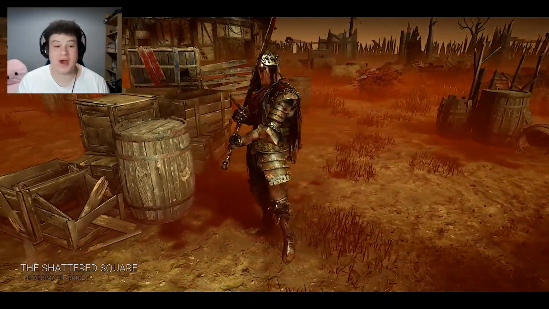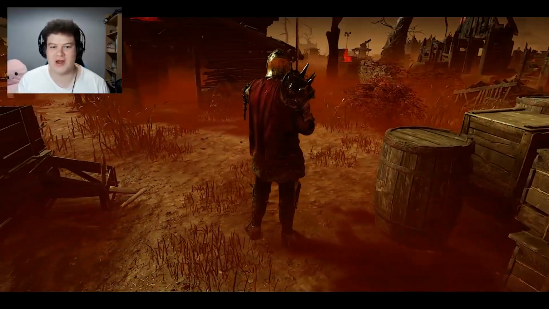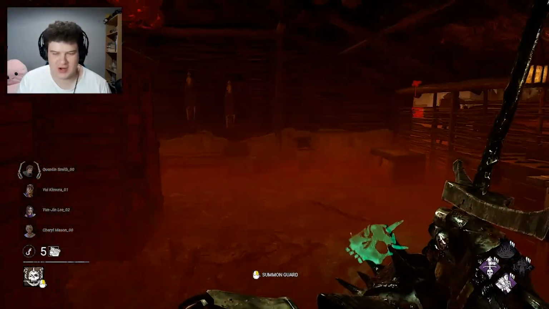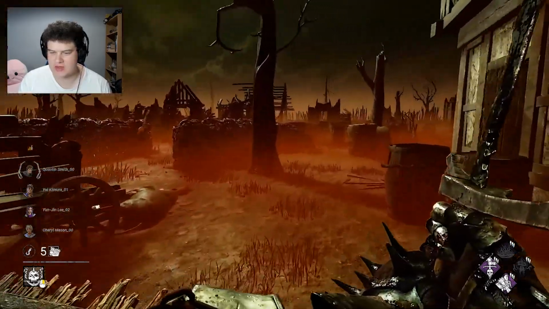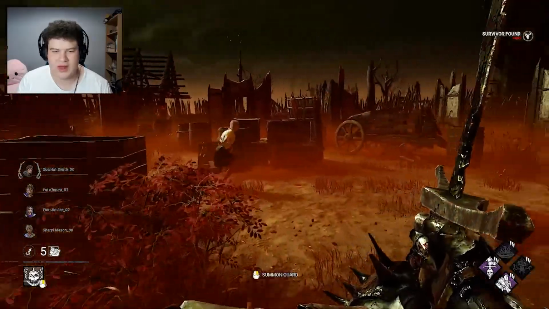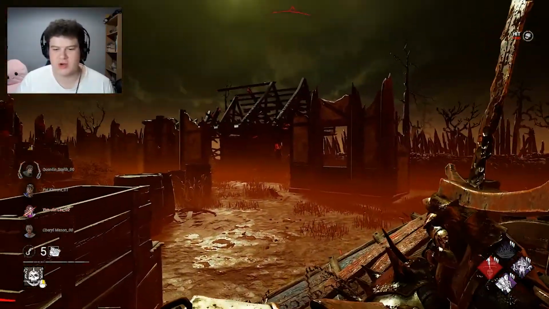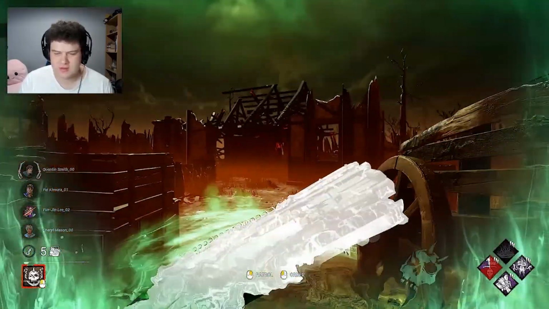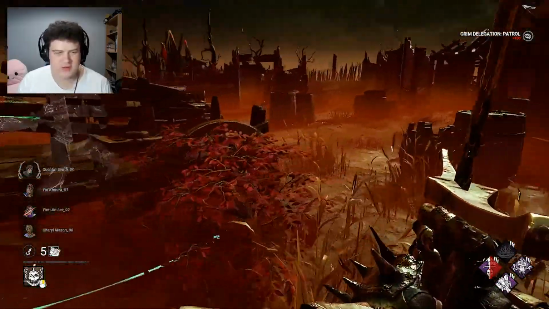Okay, we got the new map. I completely forgot to mention there was a new map. But yes, the Shattered Square. That's our new area. I have absolutely no idea what this place looks like. Anyway. So it should show up next to our sword, which... Oh, hello. So I think that's the Carnifex that we got right now. So, if I... Is that how that...